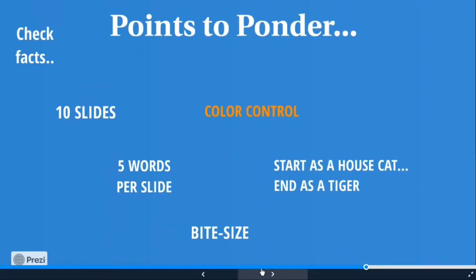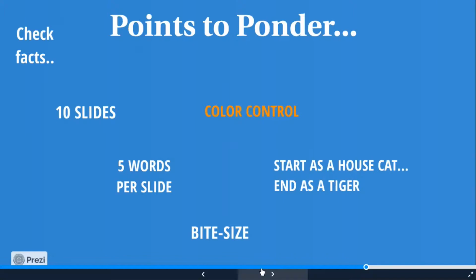5 words per slide, I've just put it. Make sure the words on the slide are very few. Could be more than 5 words, but I've just put the number like this. Make sure that you don't put sentences on a slide. Use words, phrases. See the Steve Jobs speeches, just words, just phrases. That's how you go for a slide.